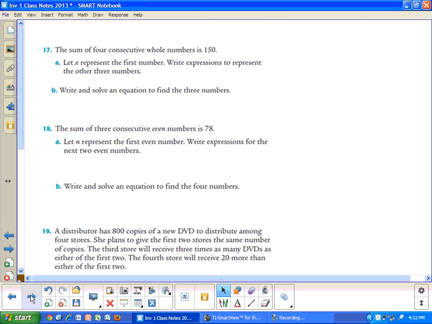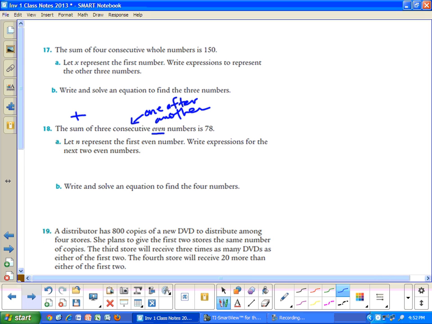All right, I'm going to do one more with you, how you set up the equation. I think this one is a little trickier because number 18 says we have even numbers. The sum of three consecutive even numbers is 78. Remember, consecutive means one right after another. And sum means add. So we should add three numbers, one right after another, even numbers, and it should equal